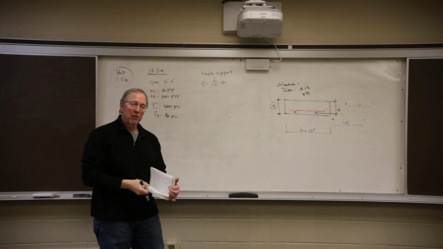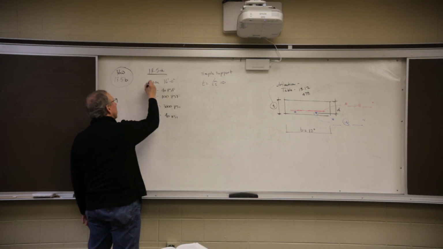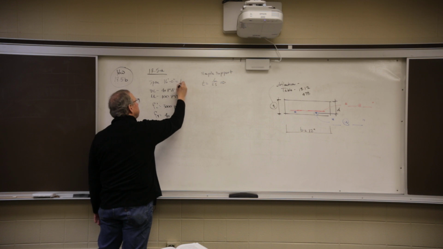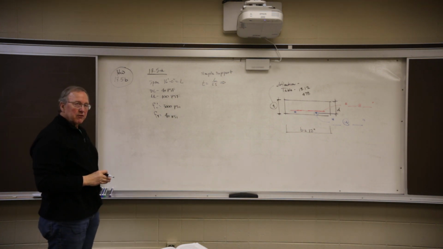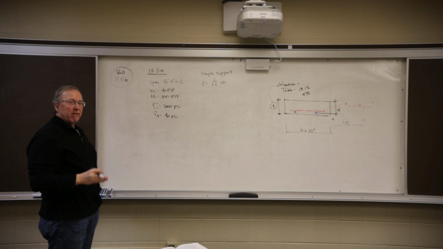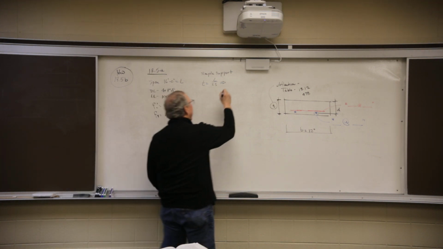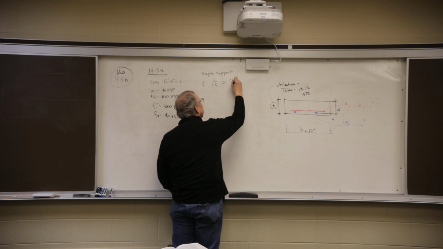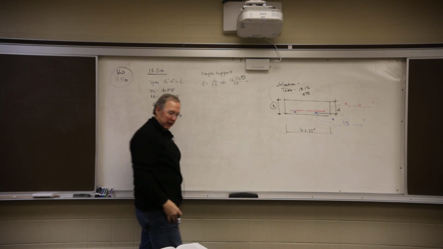L, of course, is the length of the span. So in our world, this is L. Okay, so I take L, change it to inches, divide it by 25, and that gives me the thickness of the slab. So 16 feet times 12 inches per foot divided by a constant of 25. And